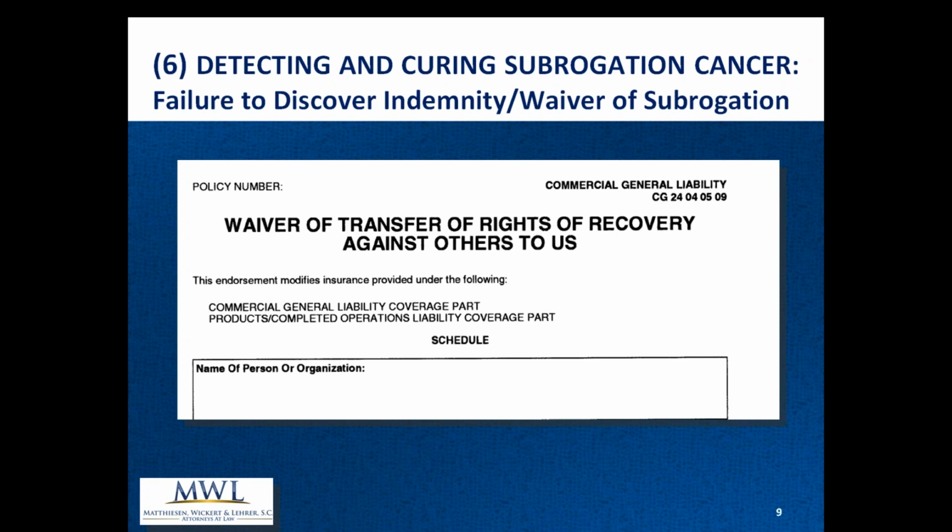Now you have to ask yourself the question, okay, what have you waived? Well, look at your screen. Waiver of transfer of rights of recovery against others. What is that? That's subrogation. So maybe you waive subrogation, but what about your right to, drumroll, reimbursement? And there are some jurisdictions where that is an issue. Okay, maybe it means that I don't have the right to sue these other parties in subrogation, stepping into the shoes of the injured worker, proceeding against the general contractor for negligence of their employees. Maybe I don't have that right, but maybe I have the right of reimbursement.